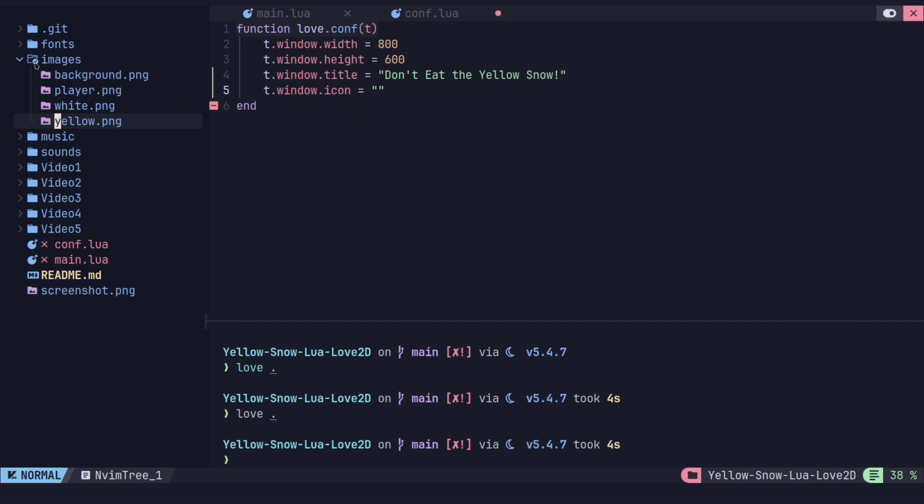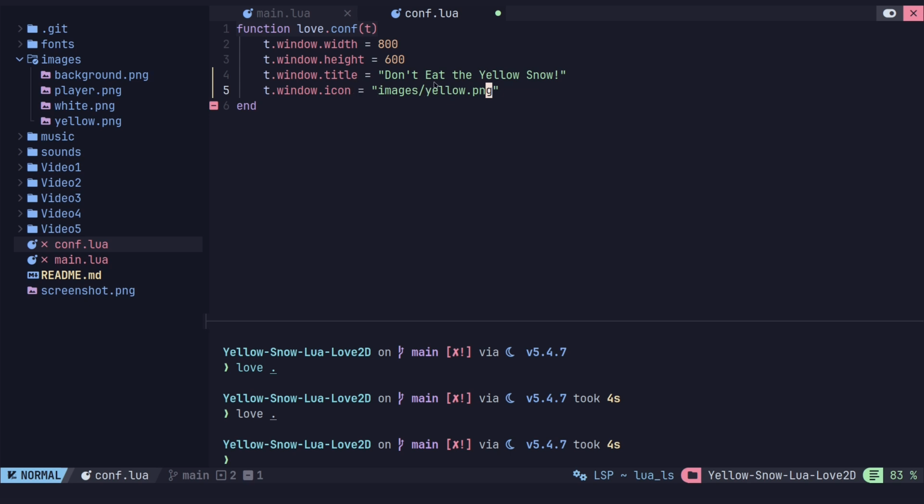I'm going to use not the full path, but the relative path. Since this file that I'm actually typing in right now is this file right here, this images directory is at the same level as this file. So I'm going to type in images and then yellow.png. So that's a relative path. Yellow.png. Now, for my system, since I don't have something that shows an icon, we won't see this icon, but